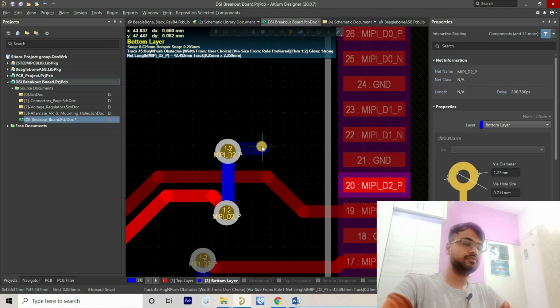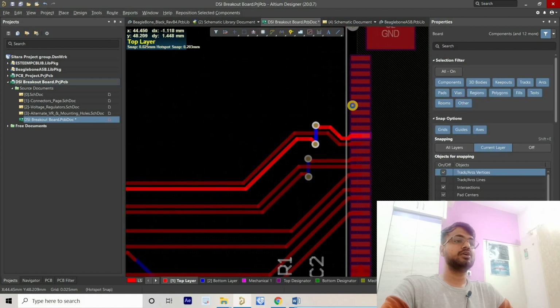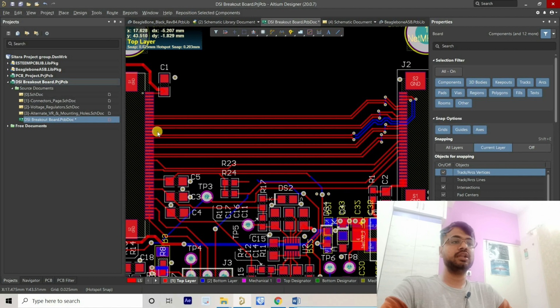Again we have to change the layer to top and try to place it so it can be differential again, like this.